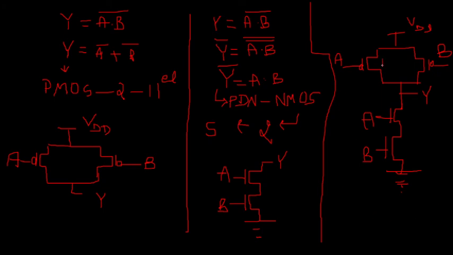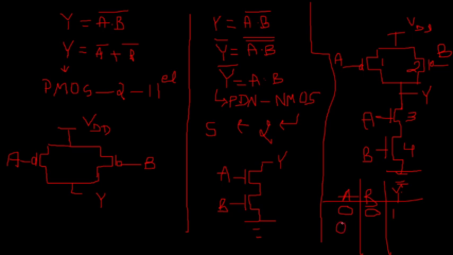Now we want to verify the truth table also. So it will be 1, 2, 3, 4, let's say the names of the transistors, and we have to verify it. So A and B, and the output we will write here, that is Y. When both inputs A and B are 0, which transistors will be turned on? 1 and 2 will be on, and 3 and 4 will be off. Because both transistors 1 and 2 are on, Y will be equal to 1.